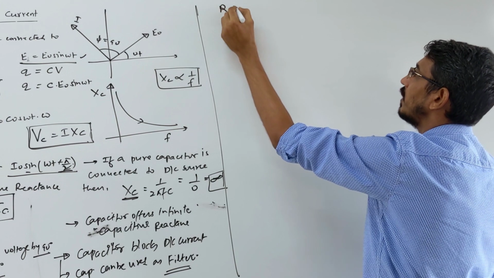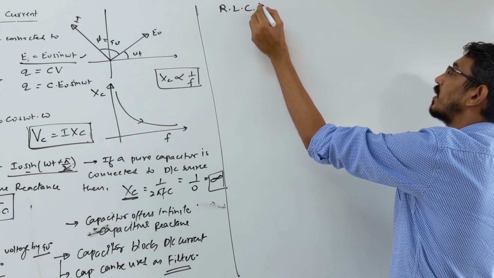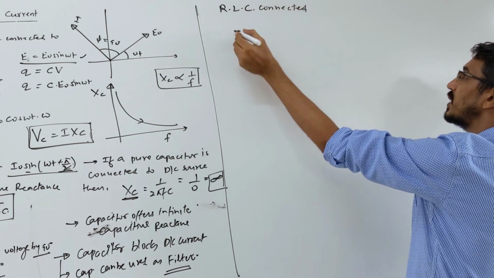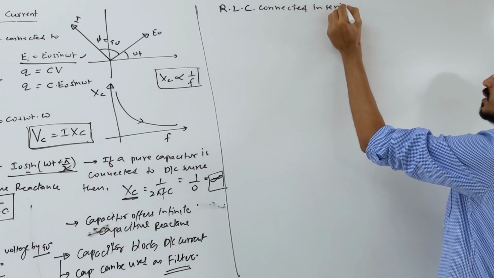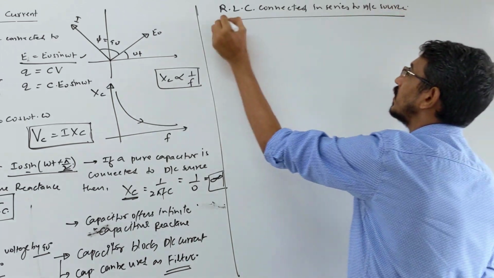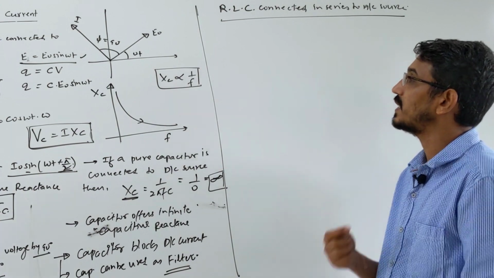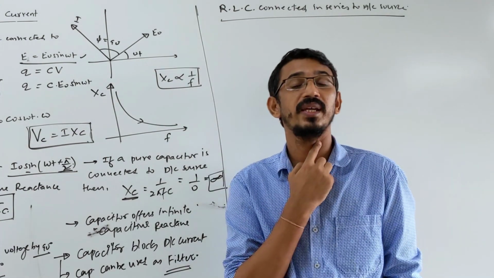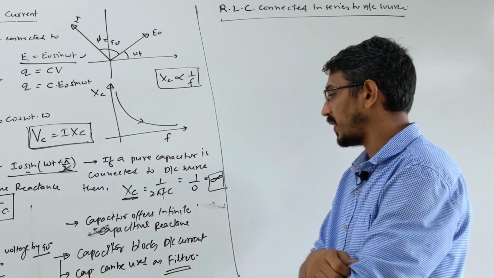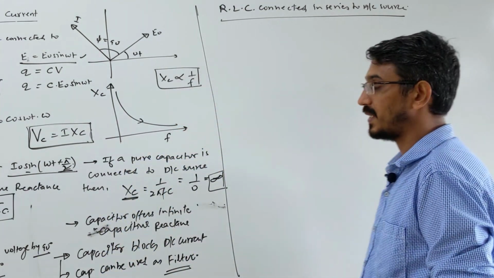So I am teaching R, L, C, all three elements connected in series to an AC source. Parallel we don't need for the syllabus. This is also called a series RLC circuit. So resistance, inductor and capacitance are all connected in series with an AC source. Then we want to answer what the phase difference is, what the current flowing is, what the power is, and what the net resistance is.